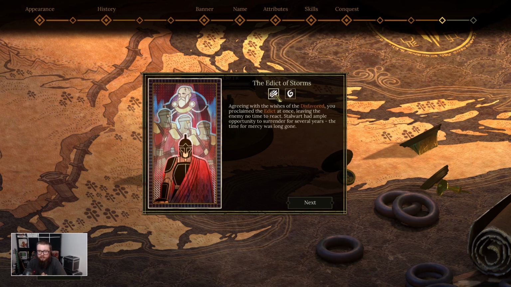Agreeing with the wishes of the Disfavored, you proclaimed the edict at once, leaving the enemy no time to react. Stalwart had ample opportunity to surrender for several years. The time for mercy was long gone. In an attempt to